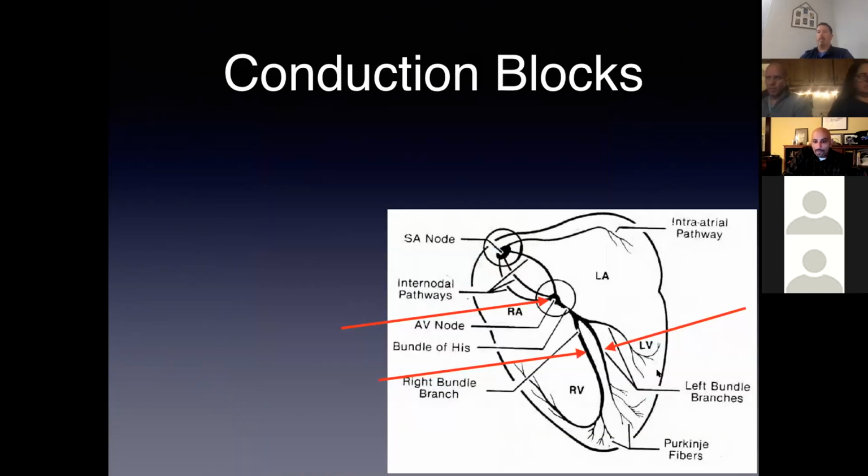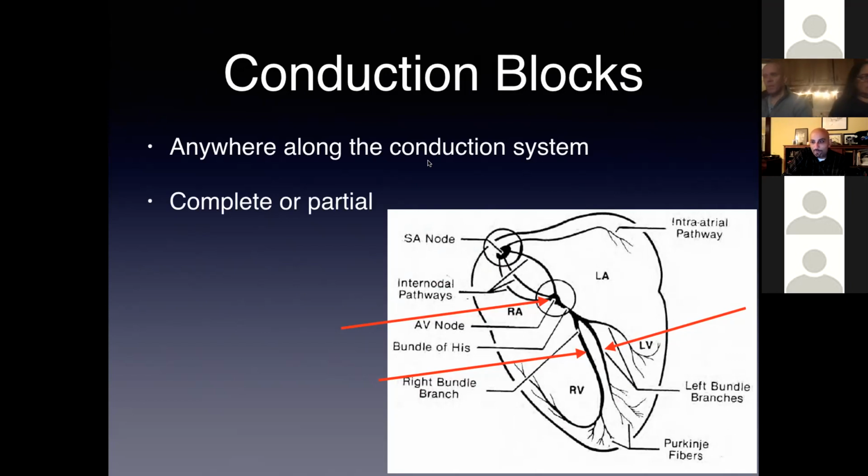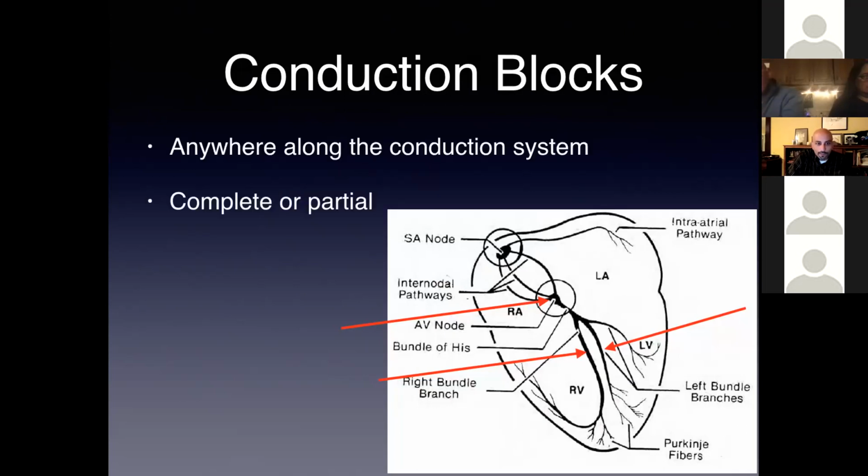So let's talk about conduction blocks. So we talked about this extra pathway that goes fast. There are blocks that make things go slow, and those blocks can happen in one of three places. Really anywhere along the conduction system, but three common places. And those blocks can be complete or partial. So we have the AV node where we can get blocks,